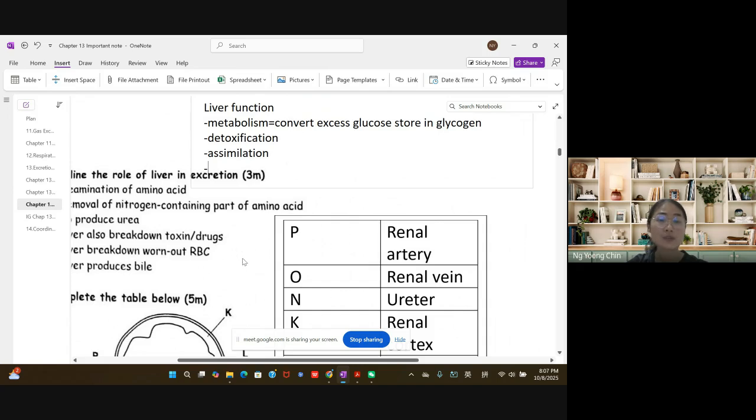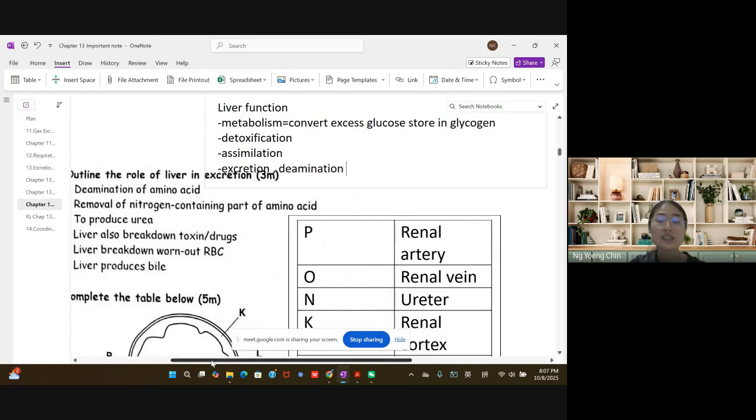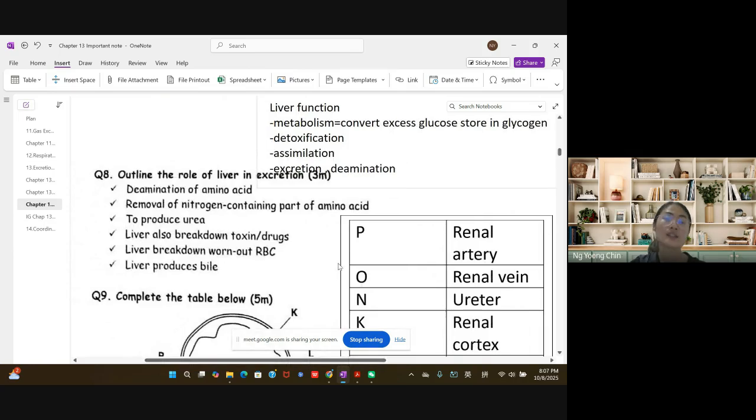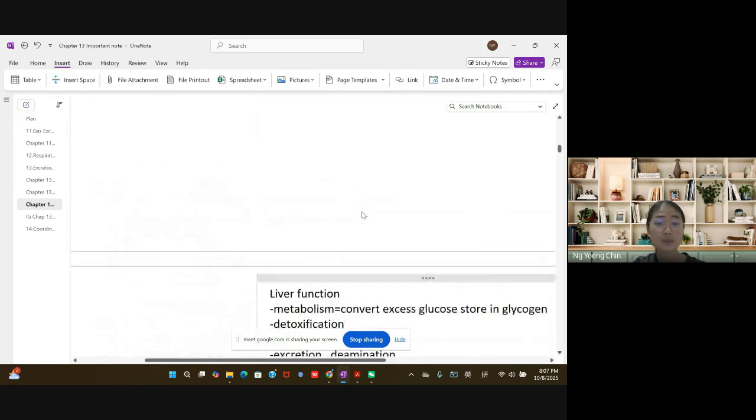And they can do the excretions, and also the deamination. Those processes occur in the liver only. So what is the role of the liver in excretion? When you talk about excretion, it refers to the removal of waste products, including those things,